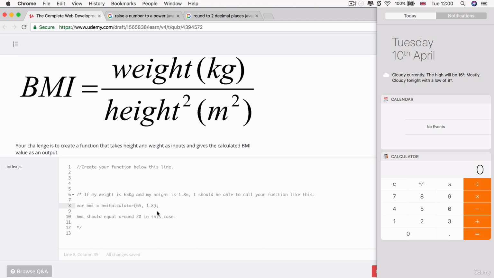So on a calculator, we could simply write 1.8 times 1.8. So 1.8 squared is equal to 3.24. So now we can divide 65 by 3.24. 65 divided by 3.24 and we get 20.0617 something. All right, so now that we know that this is how we would calculate it on a calculator,